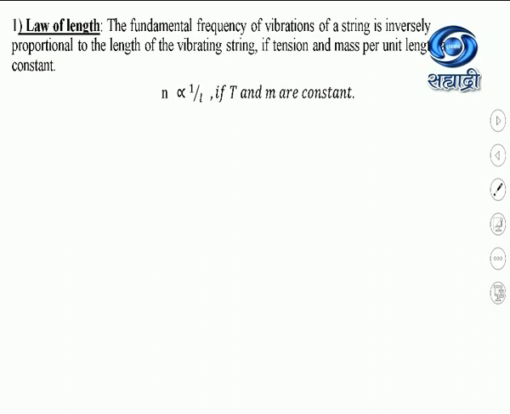Now in this case, to verify the first law, that is the law of length, by using the sonometer, the length of the wire and its mass are measured. Then from this ratio, that is the mass per unit length, the linear density, we can determine it. This wire is stretched on the sonometer box. At the other end, there is a hanger suspended in which different slotted weights, if added, apply constant tension to the string.